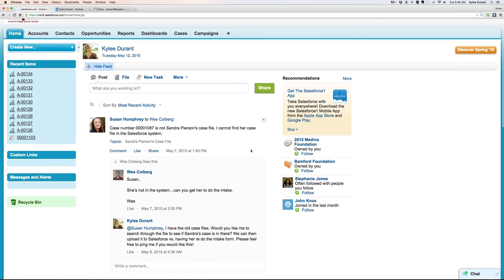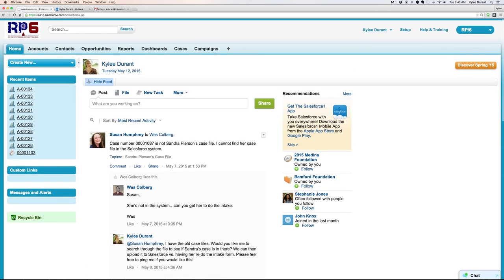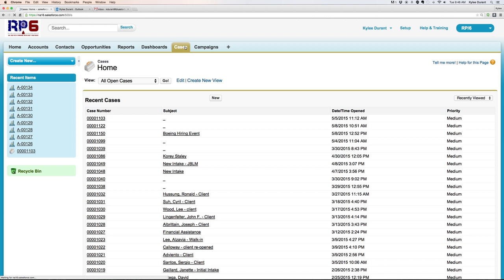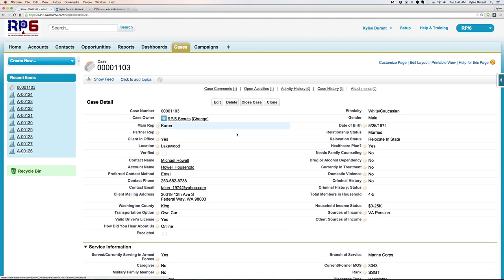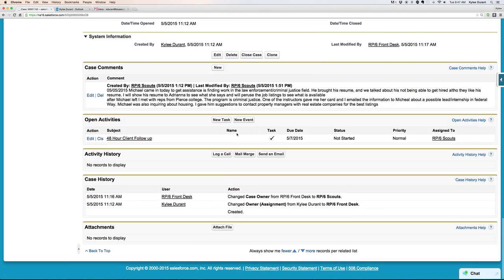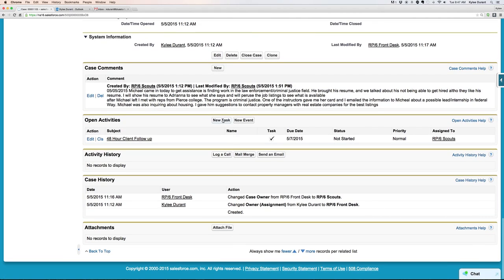So tasks, again, are really useful. You can also assign tasks directly from case files. Let's go into one, for example. You can see down here at the bottom that you can create a new task. And this is where those automatic tasks are showing up. So if you're completing them, it's going to